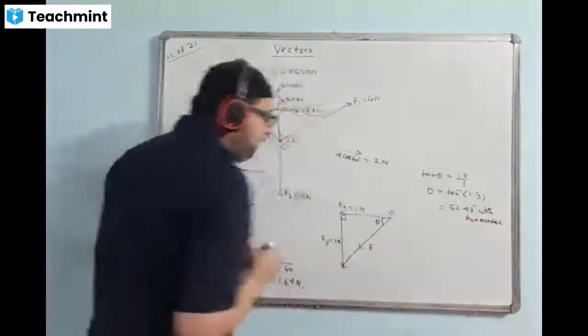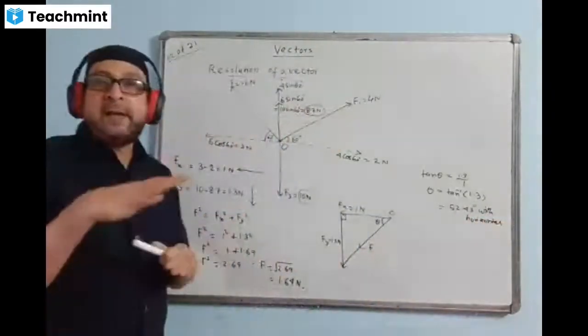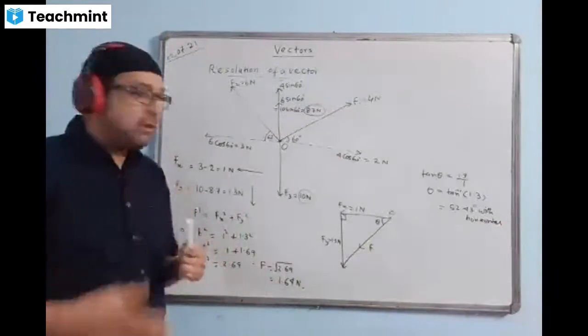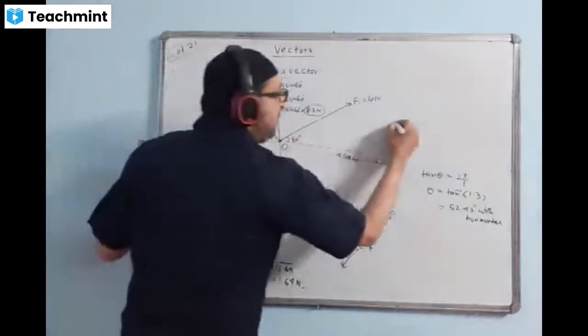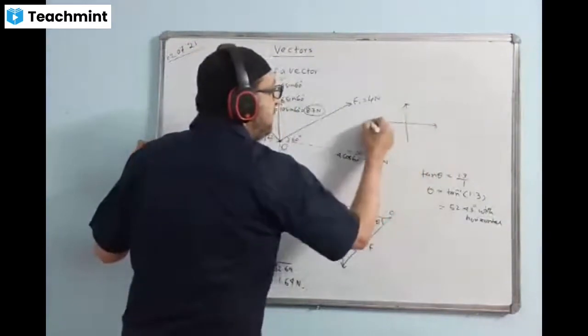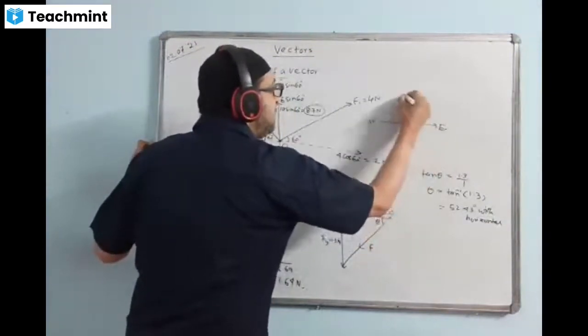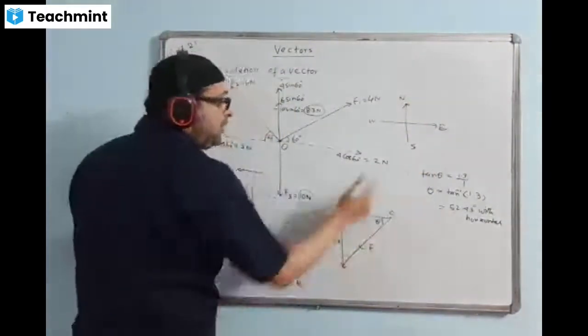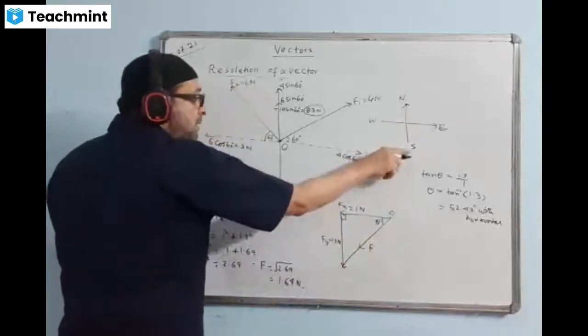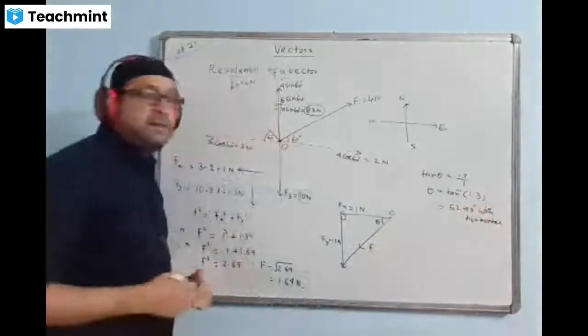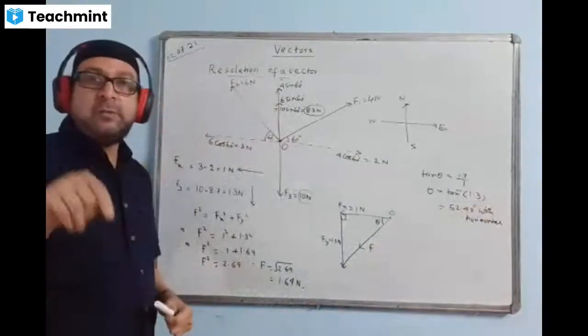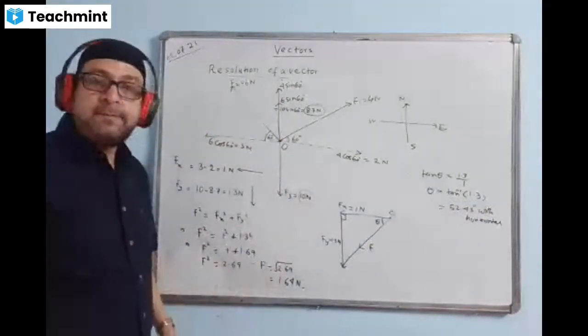If they show the mapping diagram with south, east, west, north, what direction will you call it in terms of that? If the mapping is this way, this is west, this is east, this is north, this is south. It is coming like this. This is southwest. We can add here 52.43 degrees SW, southwest.